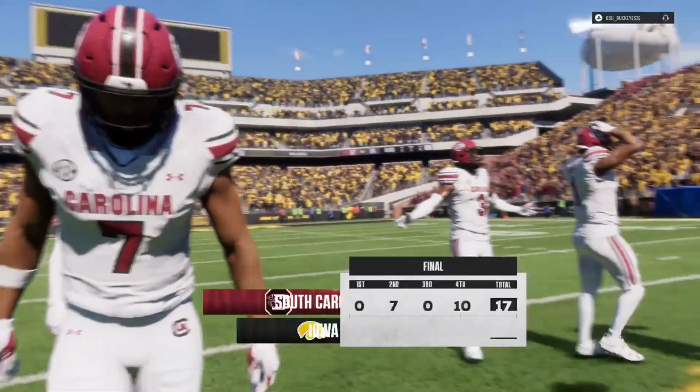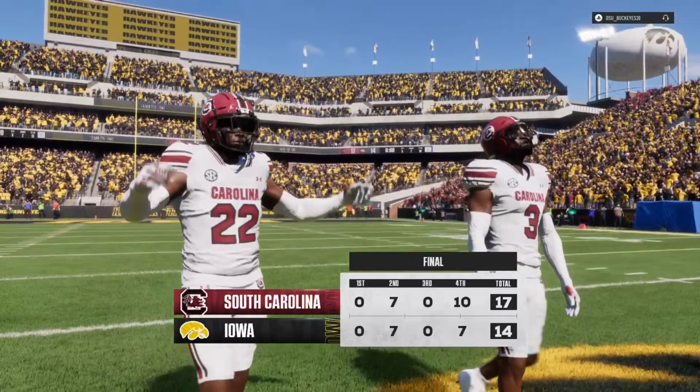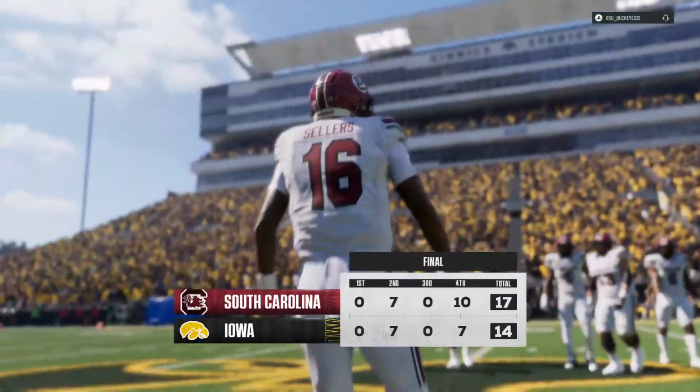And it slips through his fingers, incomplete. That would have been a huge gain if he could have held on. You know, there's